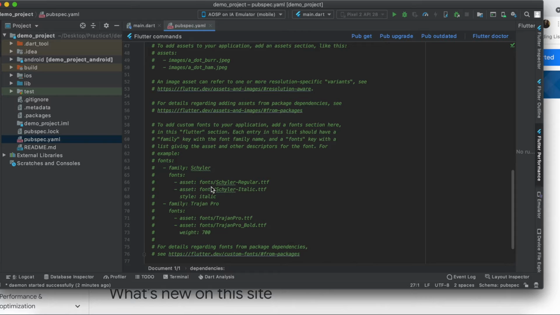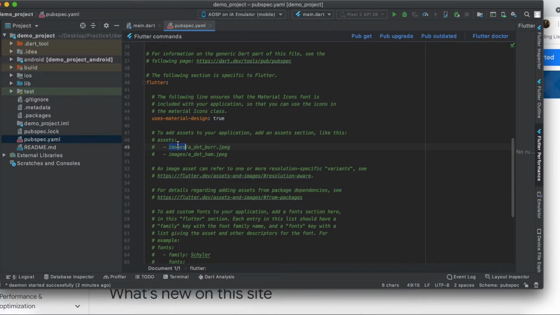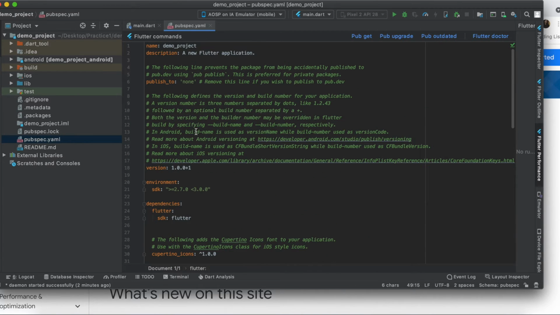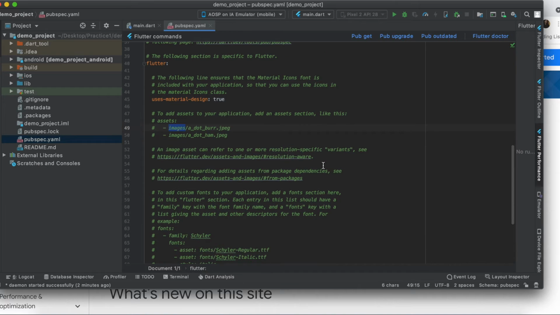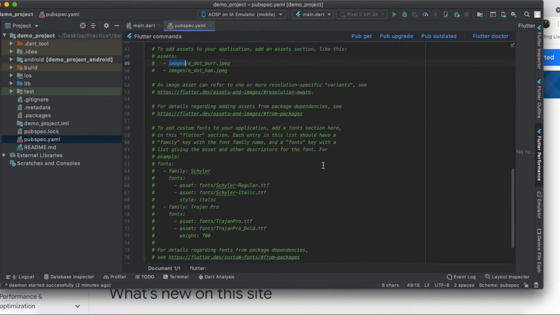We can add different fonts from different websites. We just download those fonts, drag and drop them over here, and then give the path. You will be creating a different directory for your fonts, and for images also we will be creating a different directory. I'll explain in the next videos. After adding any code to pubspec.yaml, you have to get those dependencies so that you can work on the things you have added in this configuration file.